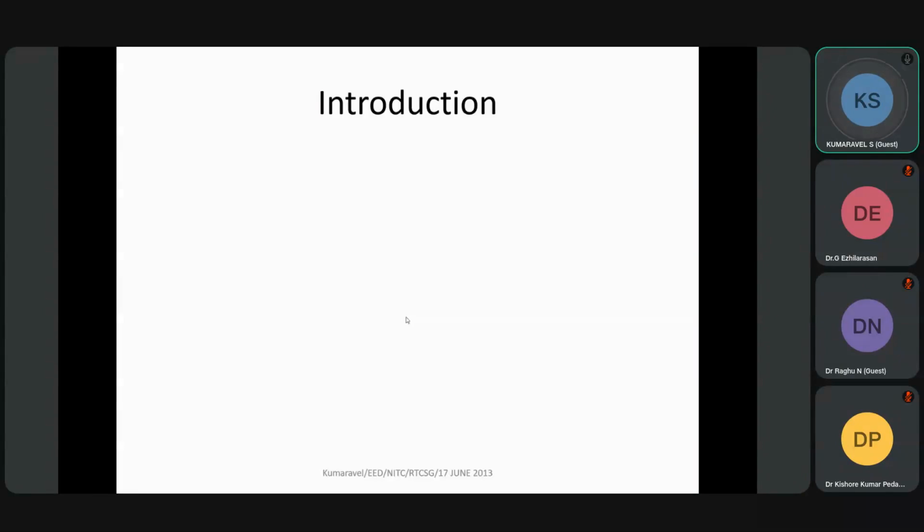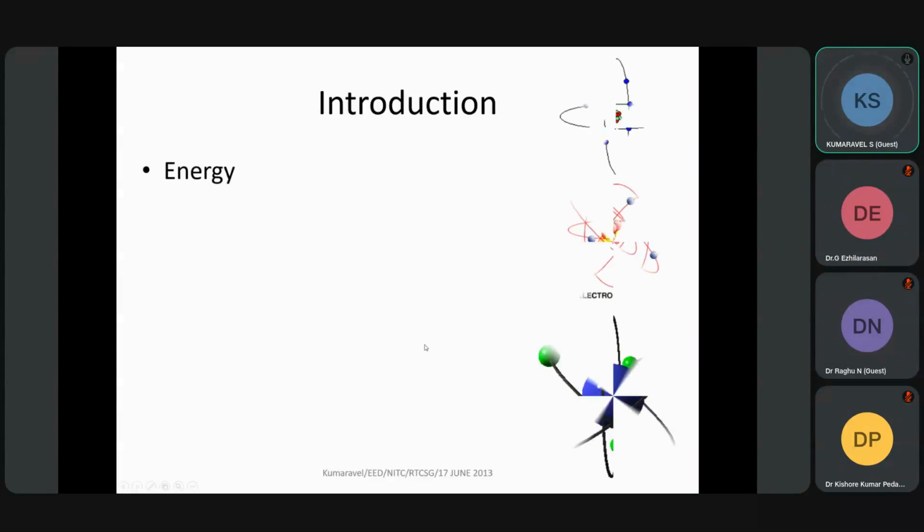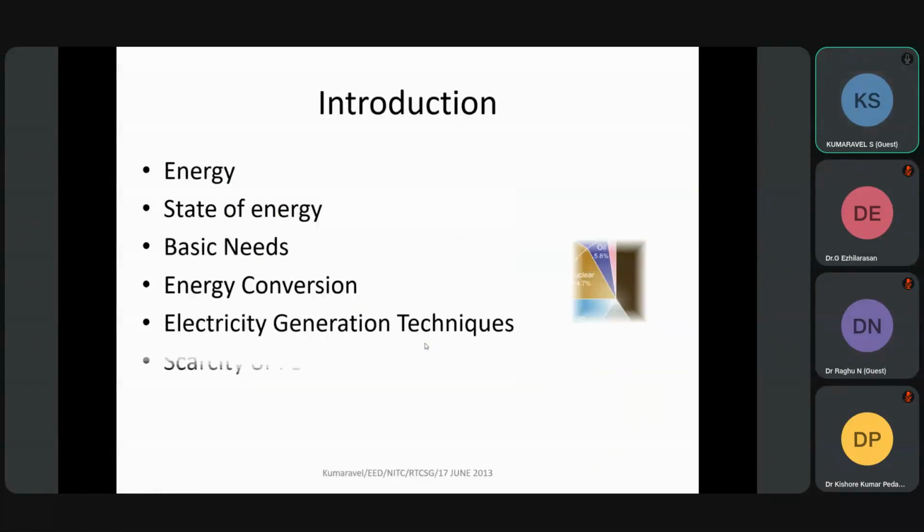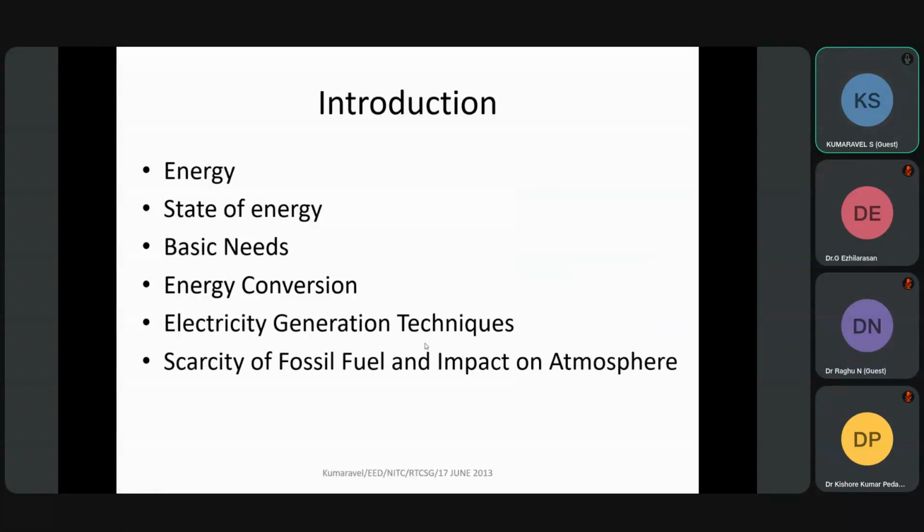So you all know why we go to renewable energy, because of the problem we are facing particularly with conventional fossil fuel. I think particularly in the past 50 years, we have exploited more than 70 to 80% of the resources available in the entire world, particularly coal and oil.